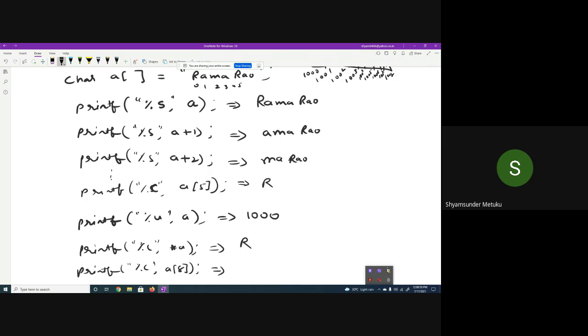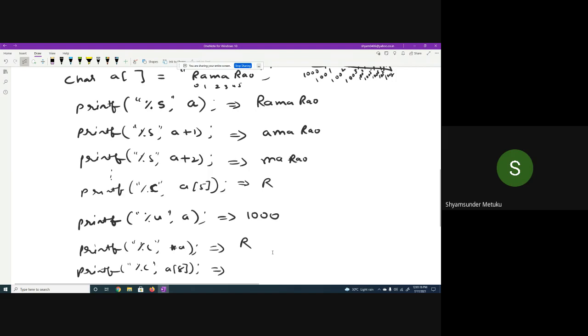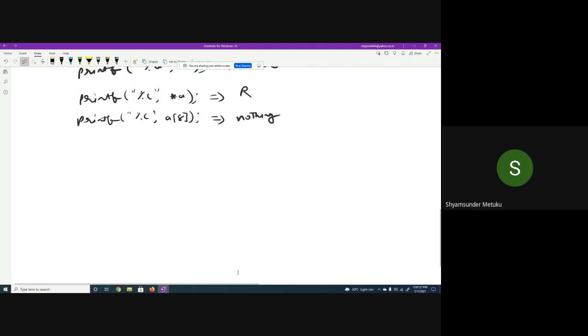If you type a space in a document or on the computer, do you see anything on the screen? No. If you type Enter, do you see anything on the screen? No. This is called a non-printable character. So nothing is going to be printed. It might be printing, but we cannot see it. I should say nothing is seen; it is printing, but it is a non-printable character. Is it clear?